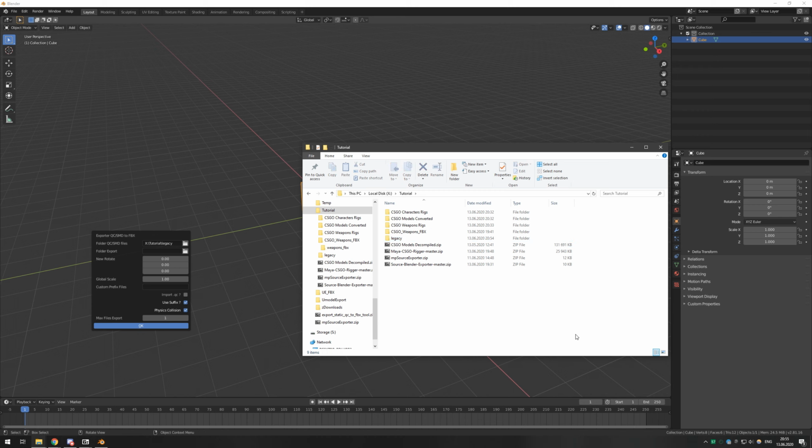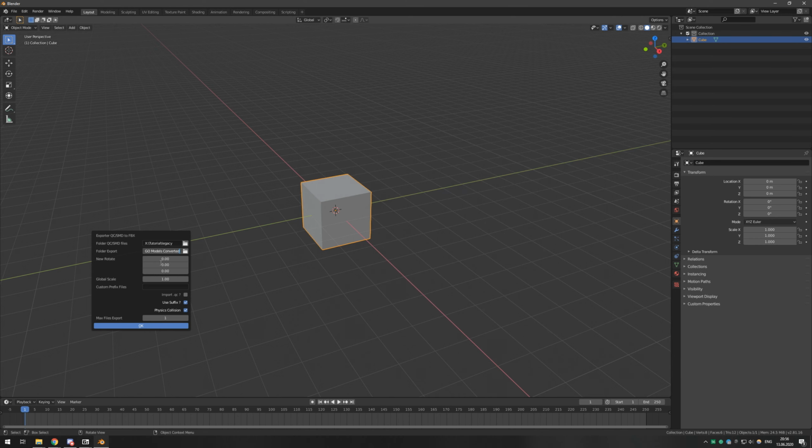Like, we will need them when we get to Maya. So I have a model folder here. I will take it and go ahead. Then we will need to rotate it 90 degrees by the X and scale it down because Blender is a mess. We will not need any prefix files and we will not need physics collisions.